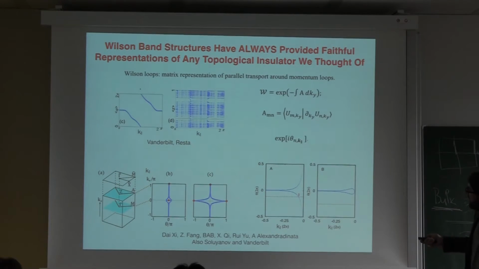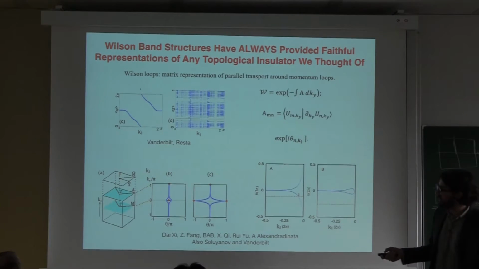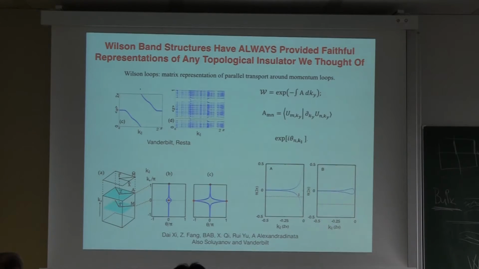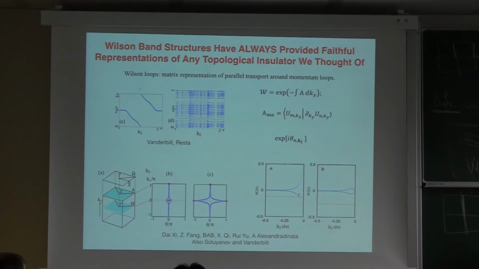So, for example, let me show you what happens when you have a system like a Chern insulator. Say I have a Chern insulator, which is a quantum Hall effect, and it's supposed to have an edge state. It's a two-dimensional system. A Chern insulator is just quantum Hall. This is, say, ky, kx. I compute the Wilson loop. I take the eigenstate here, project here. This is the Wilson loop at some kx.